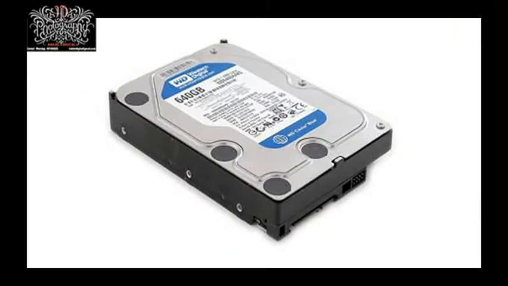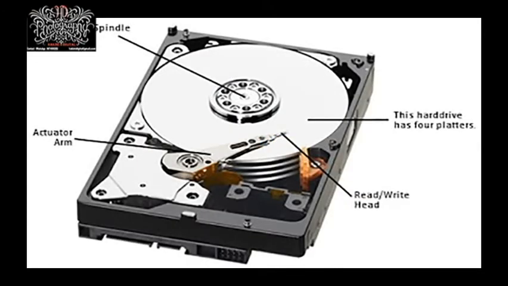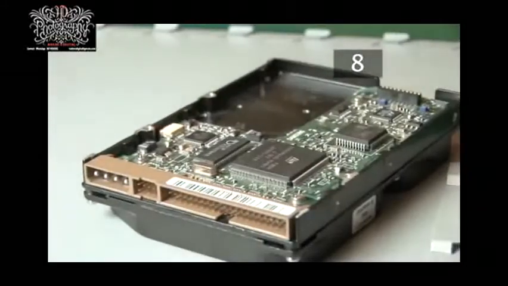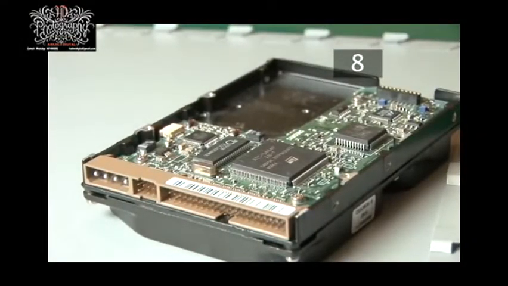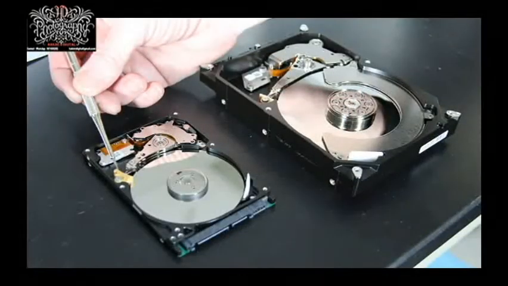Step 8. Hard disk or hard drive. A hard drive is much like a file cabinet. The programs and data are stored on the hard disk and the computer accesses them when they are needed. When the computer accesses the hard drive, it reads and moves the stored information into the RAM memory. That memory is a temporary workspace. However, the original file is still on the hard disk and is left undisturbed until the file is saved. When the computer stores or saves information, it writes the data to the hard disk.